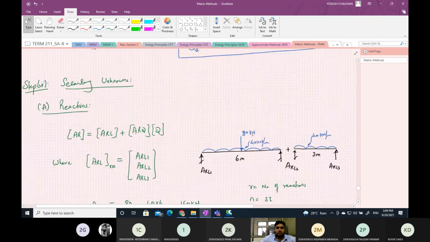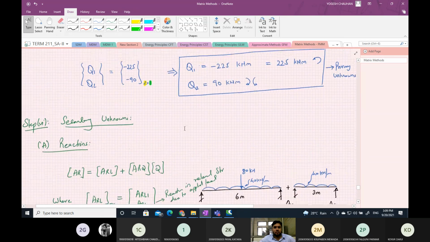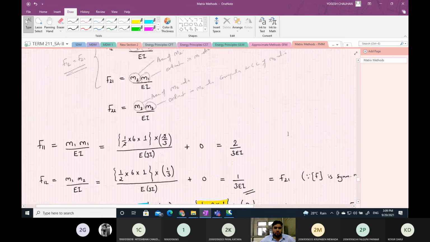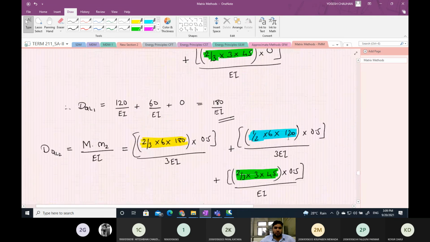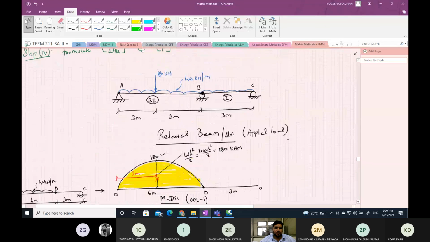Whereas this was reaction in released structure due to applied load or given load. Okay, so whatever the reaction you now got, AR1, AR2 and AR3, they are the reactions in the actual structure,